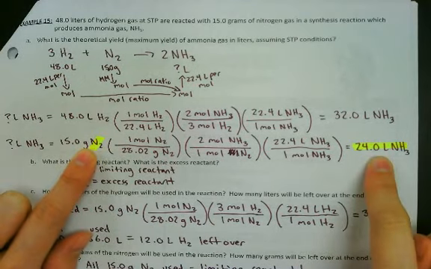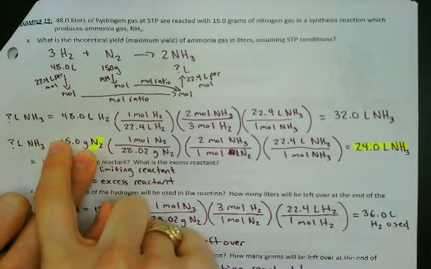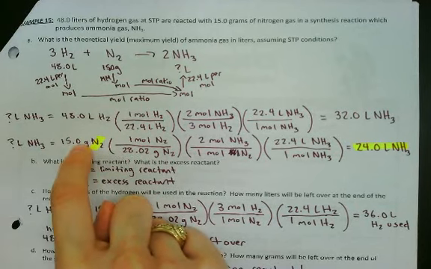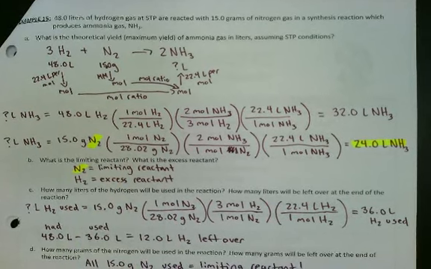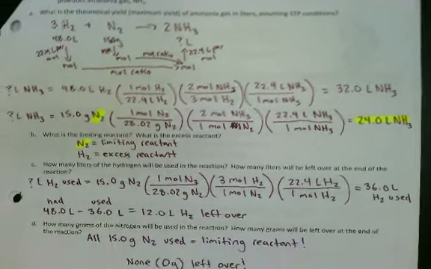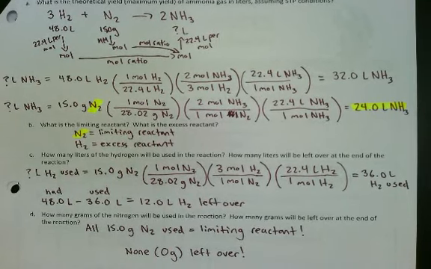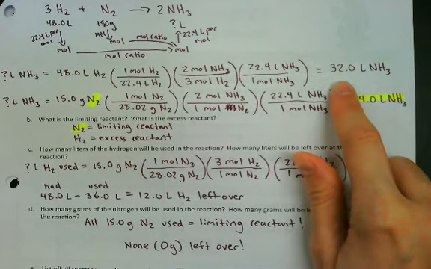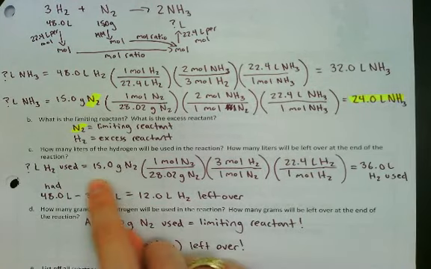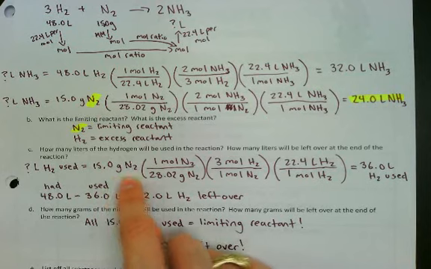We were able to make less of the product with the available nitrogen. So it's going to run out first. And so we can identify that limiting and that excess here. I'm going to slowly start moving up. We're then asked how much hydrogen will be used in the reaction. So our hydrogen here is our excess. And so we can calculate going backwards